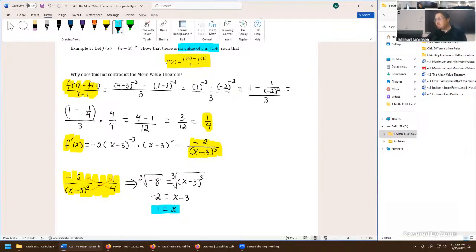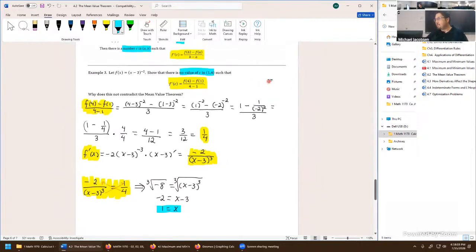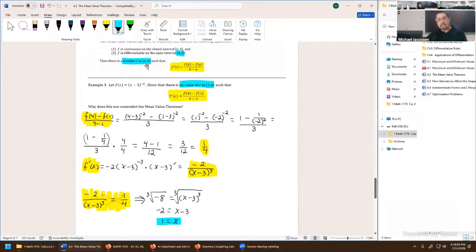Well, the problem with our solution is it's not in there. It's not in the interval. The mean value theorem says there will be a solution in the interval from 1 to 4. If your b is 4 and your a is 1, like we solved in this problem, then that interval becomes (1, 4). For c to be in (1, 4), it has to be larger than 1 specifically and smaller than 4. So that's not in the interval. Since that's the only solution, we can say, therefore,